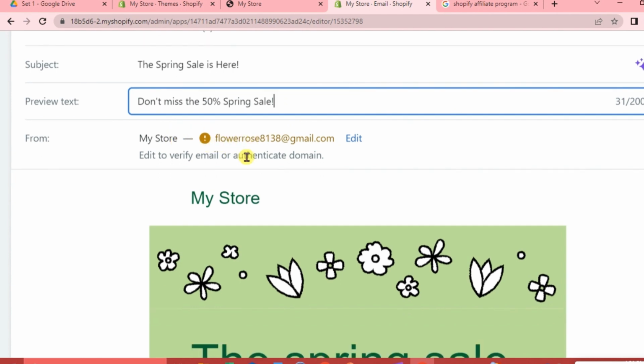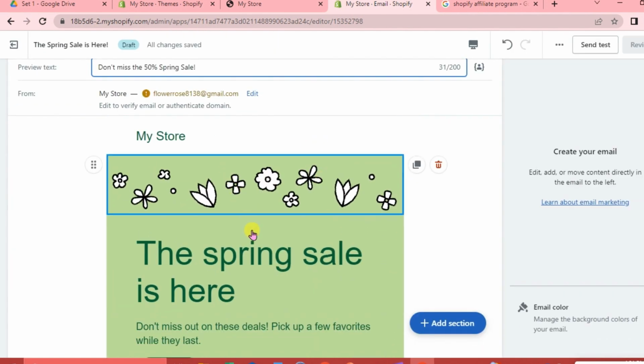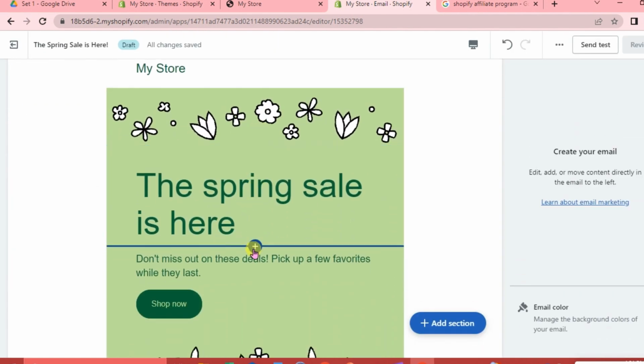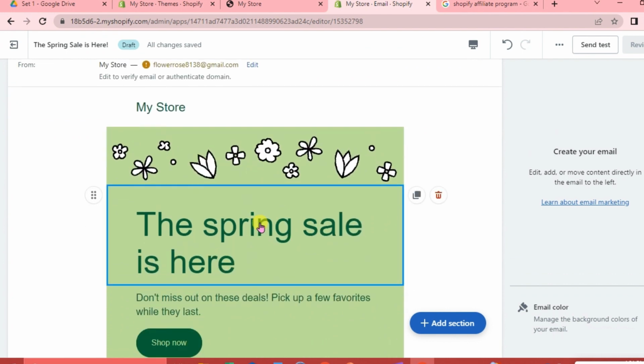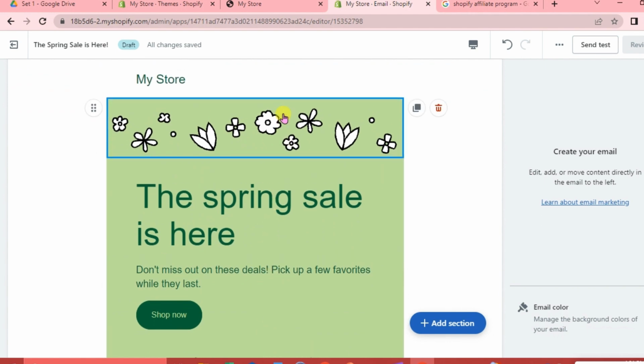And in this part here, you're going to write your email, or if you want to change this one, just click edit if you want to add another email that you want to add here. So we're going to go ahead and try to customize our template. Now, as you can see, there are different blocks here. In every block, you have the chance to duplicate this one, or you can delete this certain block or